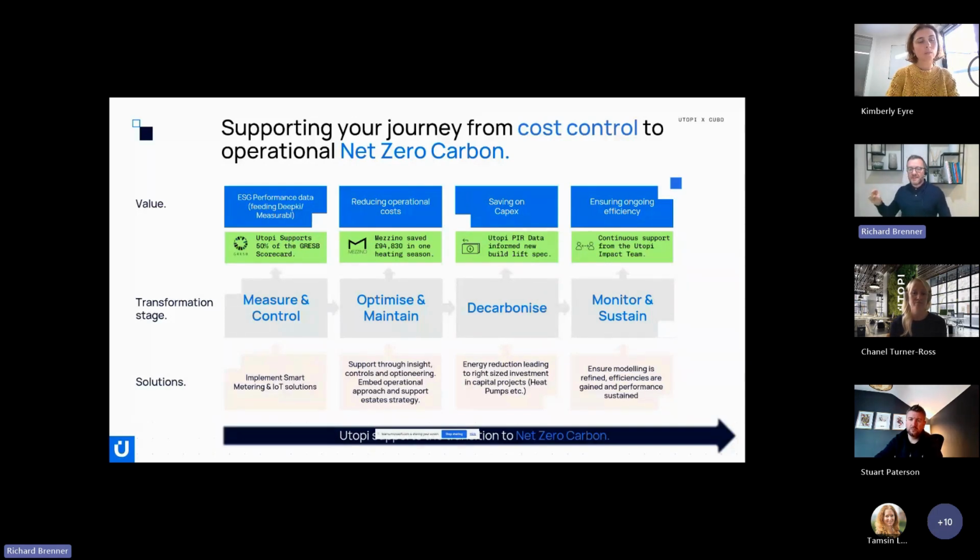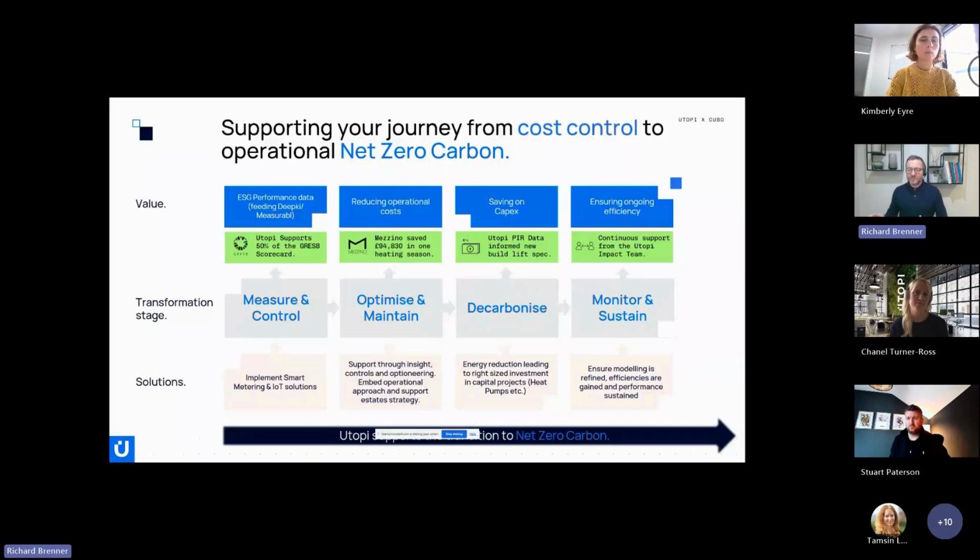Thirdly, there's a piece around decarbonize. So we're getting some really rich data now from the buildings, and with typically the aging estate across universities where retrofits might be needed in terms of boilers, etc., the data then starts to inform actually right sizing investment for future capital projects. So it's not just about the immediate benefits here and now, it's about the long-term life cycle and CapEx program where the data can support.